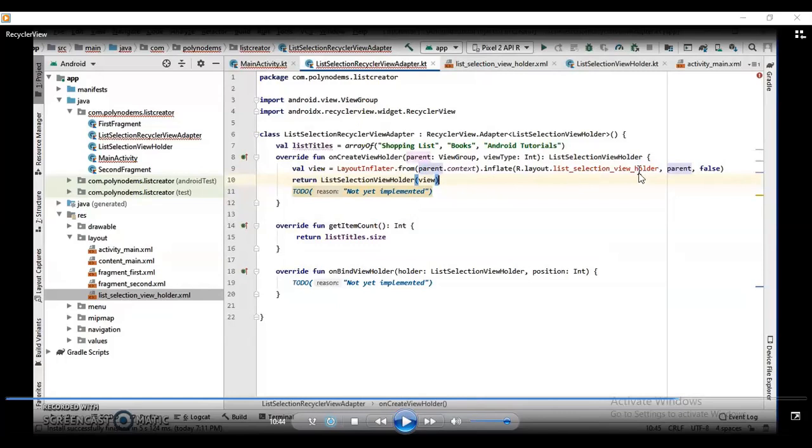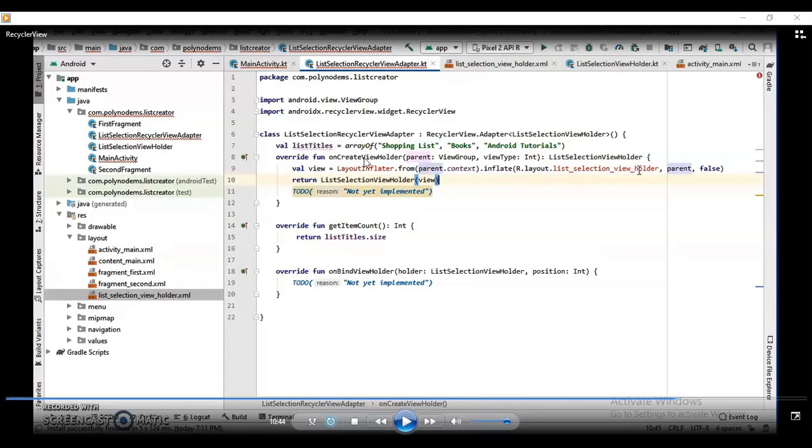This list selection view holder is nothing but this XML file that we have created, which is located as a resource inside the layout. So it is referring to that list selection view holder. Whatever items are specified inside this list selection view holder will be referred by this view, and it will be returning this view variable which has been passed to this list selection view holder.